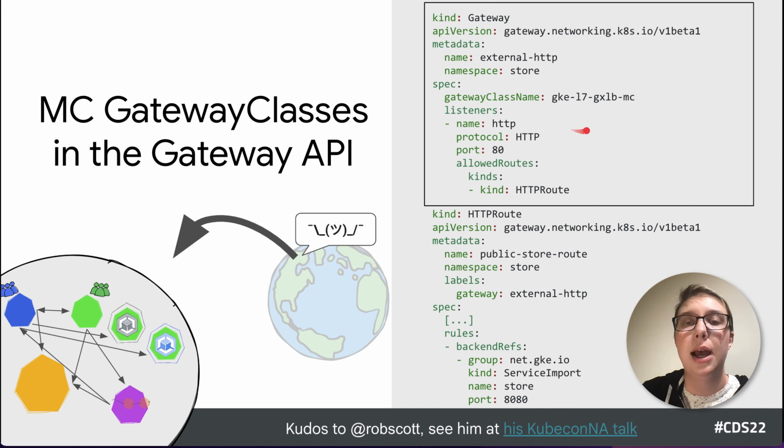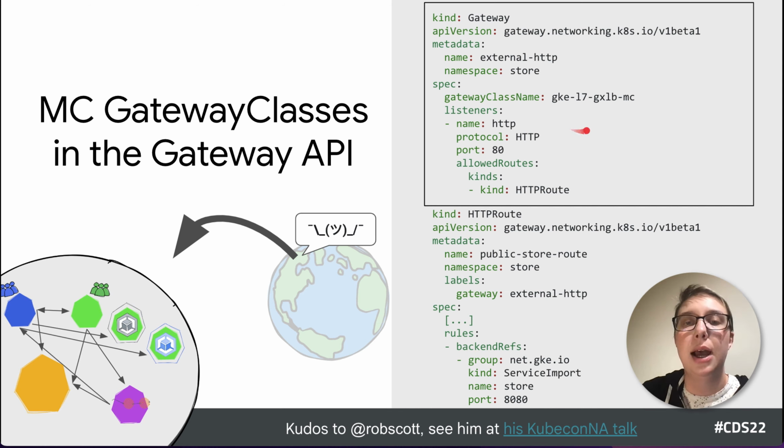If you scroll your eyeballs down to here, you'll see that this HTTP route actually describes a bunch of stuff that I skipped, and then that the backend for all of that stuff that I skipped should be a service import of this name.